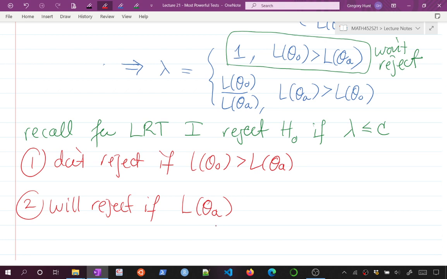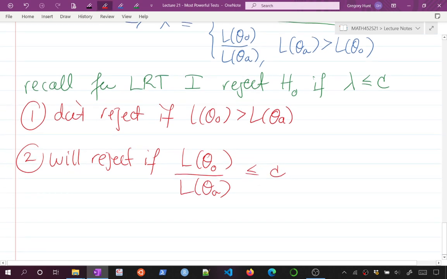So when people talk about how hypothesis testing protects the null, this is a case, right? If the null is more likely, end of story, I'm not going to reject it, protecting it. If the alternative is more likely, it not just has to be more likely, it has to be some number of times more likely in order for me to reject. So I will reject if, let me write it this way, my ratio, L of theta naught over theta A, is less than or equal